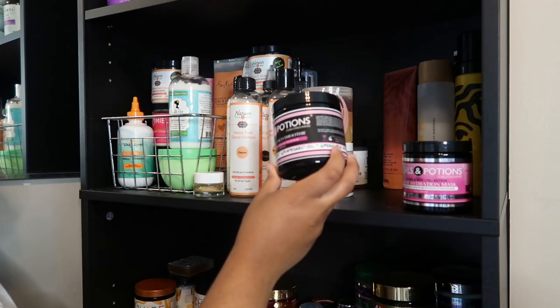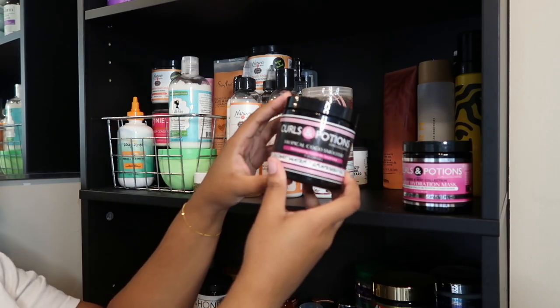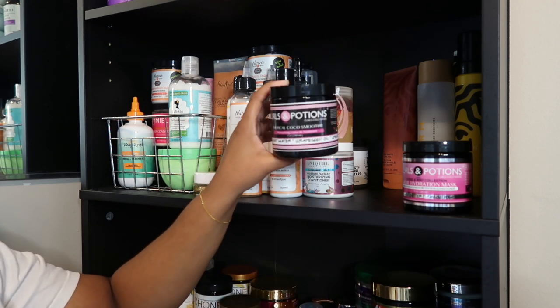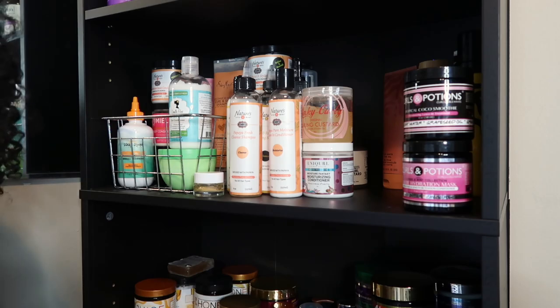I have the Tropical Cocoa Smoothie. This is a leave-in treatment. I've never tried this one, but it's definitely more thick. The key ingredients are shea butter, coconut water, and grapeseed and green tea extract. So it's definitely a thicker one when you look at it. So I'm not sure when I'm going to pull that one out. I feel like it's perfect for summer, but it's thick in the sense where I think it will be better